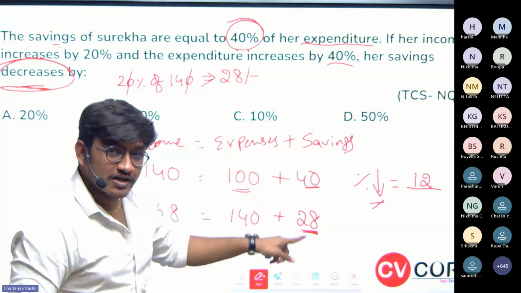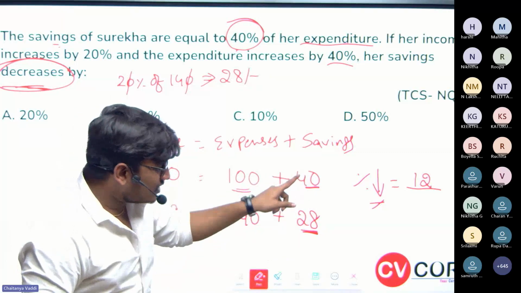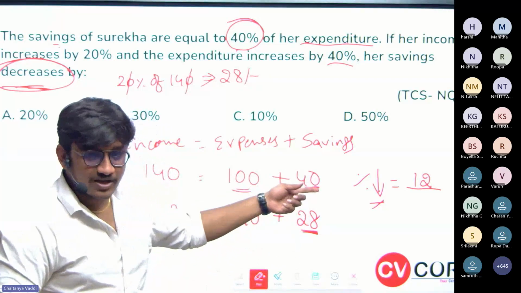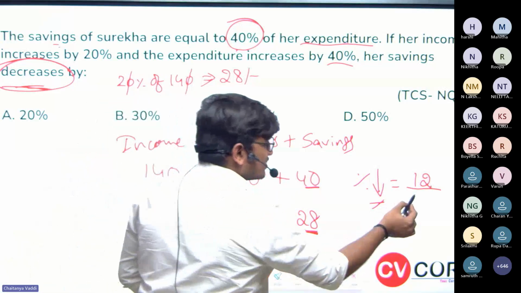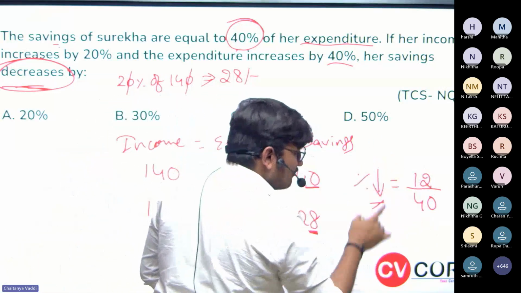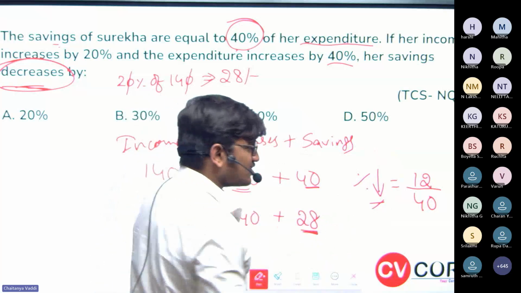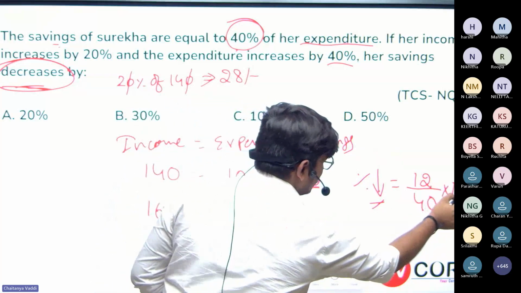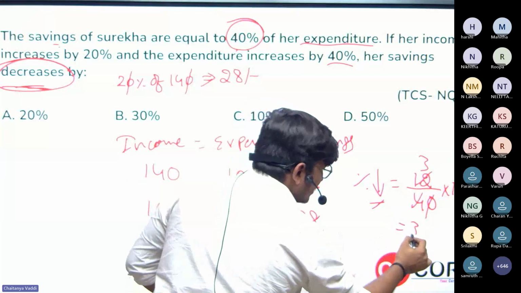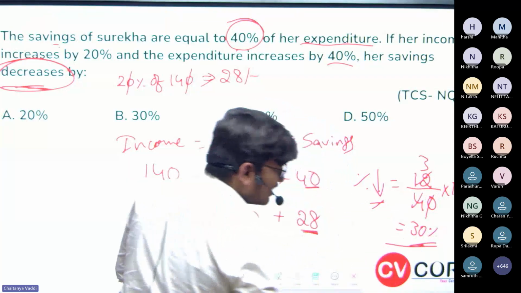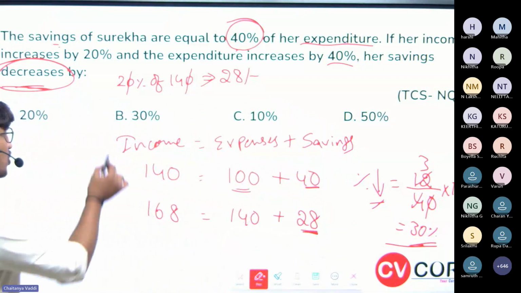Either we should consider 40 or 28. Is it decreasing from 40 to 28 or 28 to 40? Obviously it is decreasing from 40 to 28. So we should consider 40 in the denominator, because that is the value from which it is getting decreased. Into 100 will give you the percentage her savings got decreased. So the answer is 30%. Her savings got decreased by 30%. So the answer is option